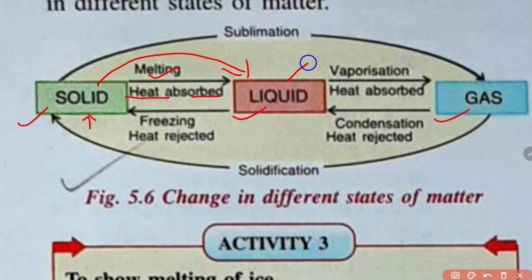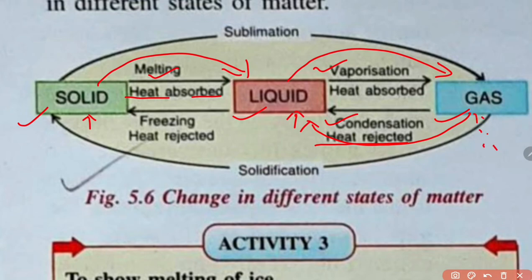Now liquid can be changed into the gaseous state. The process is known as vaporization or boiling. It happens when the liquid absorbs heat. Now gas can be changed into the liquid state. The process is condensation, and it happens by the rejection of heat energy. When gas liberates, takes out, heat energy, then it can change into liquid state. Liquid also can change into the solid state by the rejection of heat energy, and the process is called freezing,